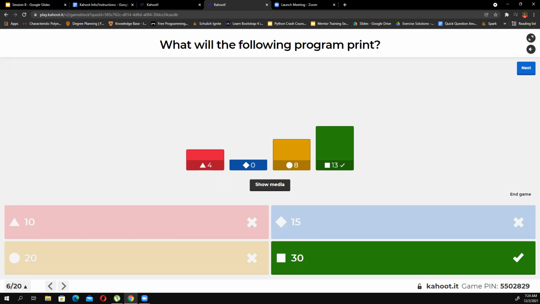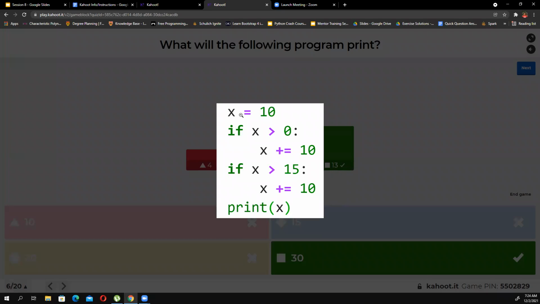All right, so 30 is the correct answer. So we define x to be 10. If x is greater than 0, we increment it by 10. If x is greater than 15, what we do is increment by 10. So over here, as you can see that